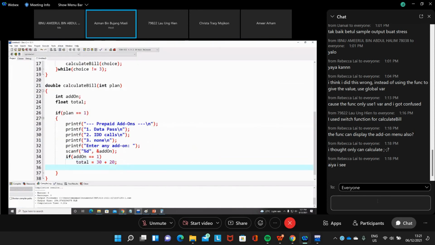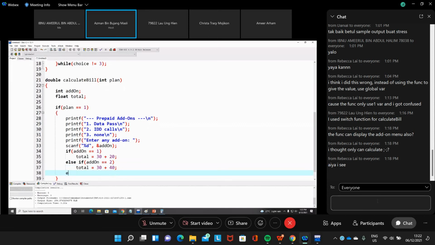And then else, meaning that there are only 2 add-ons, or actually you need to use that because there is none as well, isn't it? So else if add-on equal to 2, then we use total equal to 30 plus 40.